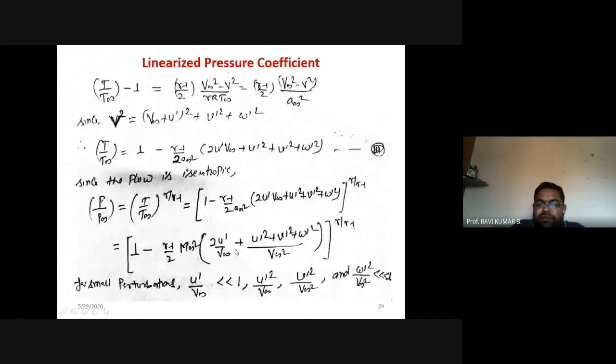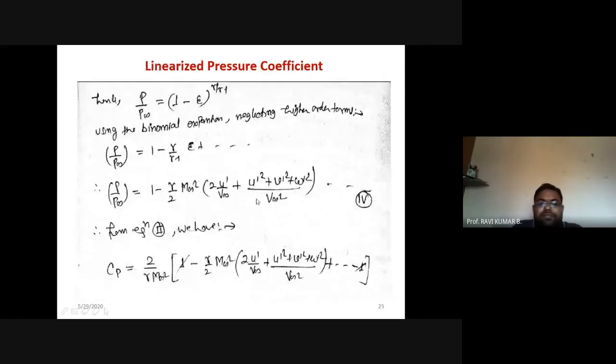So squaring of a small perturbation, and then the fourth power of a small perturbation, can be neglected as per the assumptions of small perturbations. So after that, if I substitute the value here and solve this, this complete term is going to be 0. I will get only these two terms of p by p infinity.